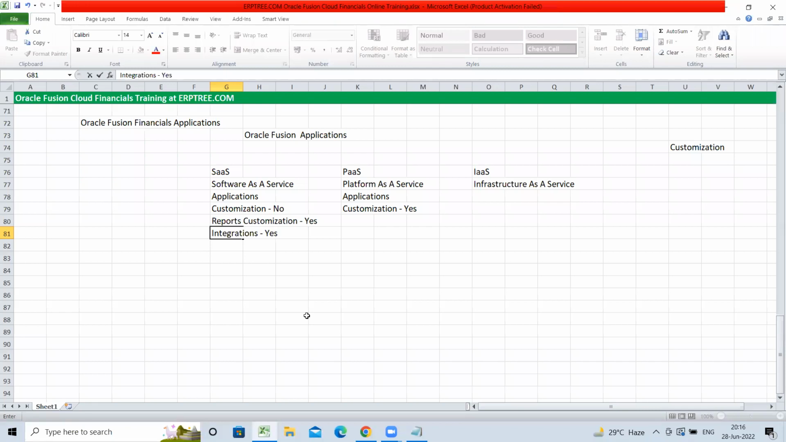Integrations, yes. If you are a SaaS customer, you can connect any third-party applications with the Fusion applications, and you can create new reports. Creating new reports is possible, but page customizations you cannot do. If you want to create a new page or modify an existing page, those customizations are not possible. I'll write it for our understanding: page, or you can call it functionality. Simply for now, to understand this point, you can take it as a page. Page customizations you cannot do. So this is what you have to understand. And when I talk about PaaS,